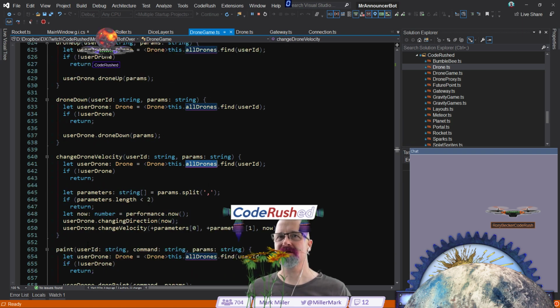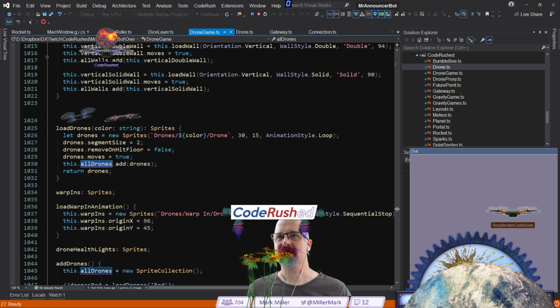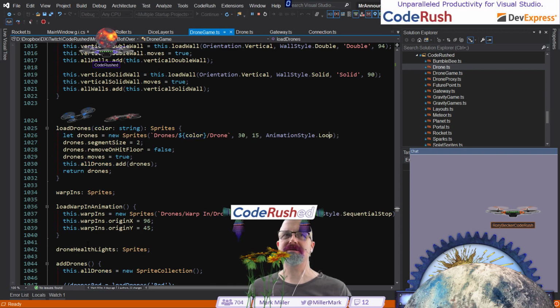I'm just looking through all the drones in here. Really? Load drones is coming in here? Why is the animation style saying loop? That doesn't make sense to me. I think